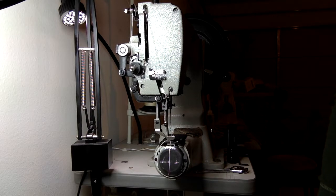Well, I've buttoned it back up, and thought I'd run a trial stitch. Probably need to verify that I've got the thing threaded correctly, but I'll go back and look at the video that has the instructions for threading, but it seemed to run through the machine threading okay. Obviously the adjustments I made on it aren't